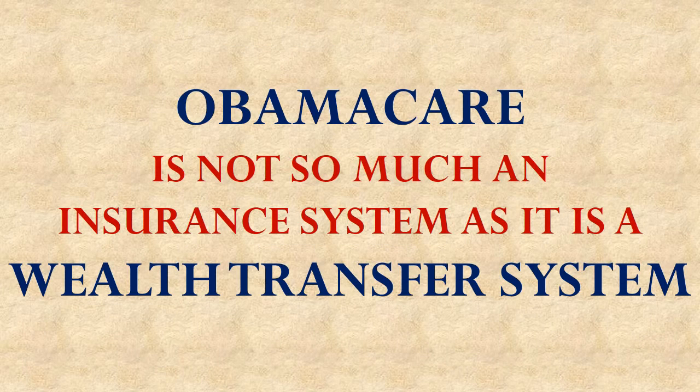So you can see from this diagram that Obamacare isn't so much an insurance system in the idea of people sharing risk. Instead, it's a wealth transfer system. You're going to force young, healthy people who, for the most part, don't need health insurance. Young, healthy people, pretty much all that happens to them is they sprain their ankles and get strep throat, things like that. Things that really don't require extreme medical care.